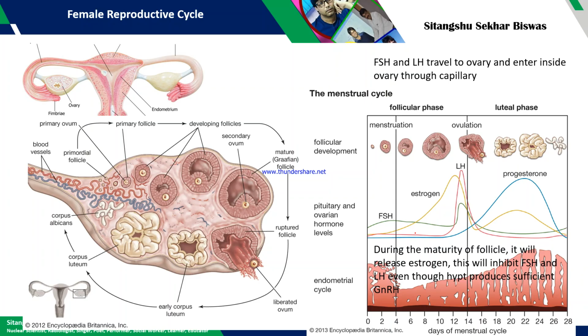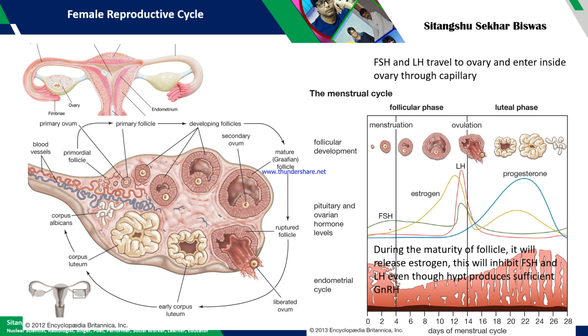Try to understand it this way: when the primary follicle is developing into a secondary follicle, it will release estrogen. Okay,